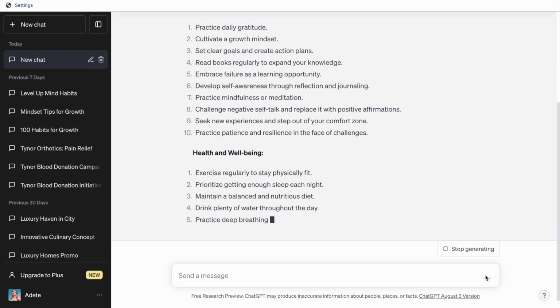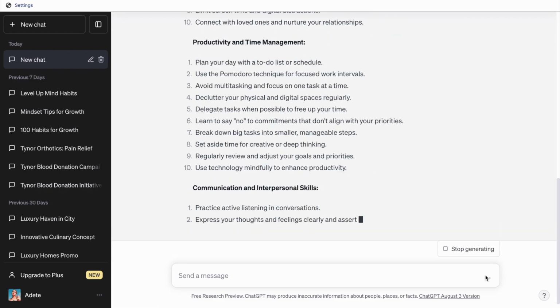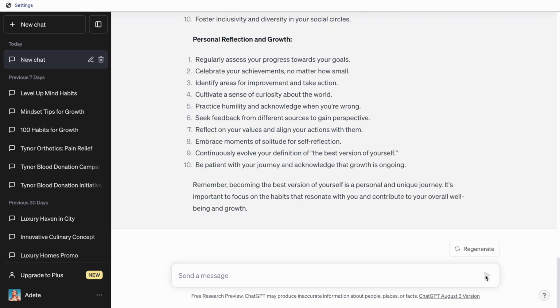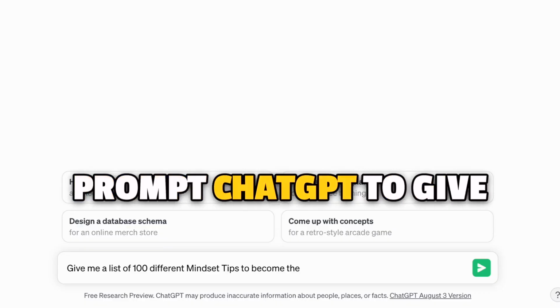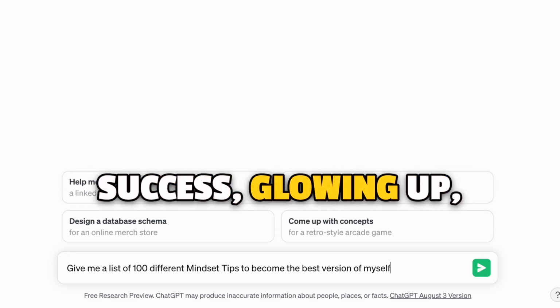And as you can see, ChatGPT has come up with all the 100 tips and even divided them into categories such as physical habits, mental habits, etc. I'm actually surprised with the accuracy of these because they're absolutely perfect for the reels we're creating. Similarly, I'm going to prompt ChatGPT to give me 100 tips for each bucket on mindset, success, glowing up, and